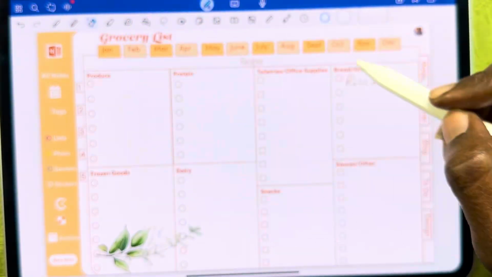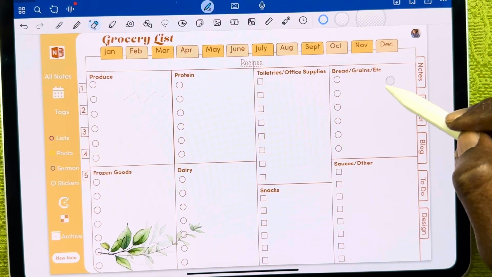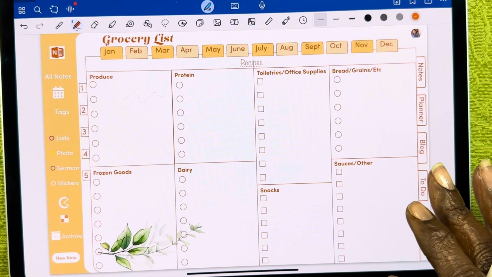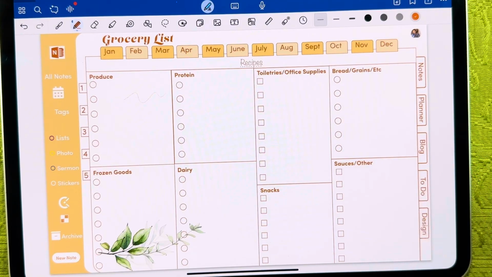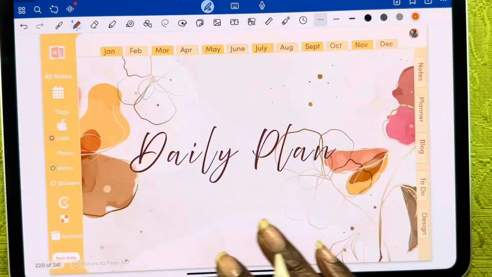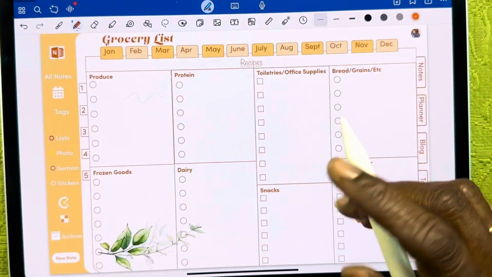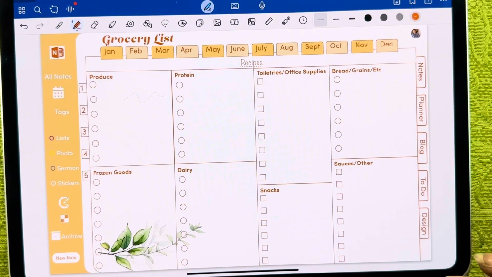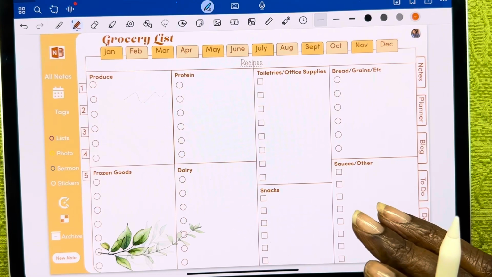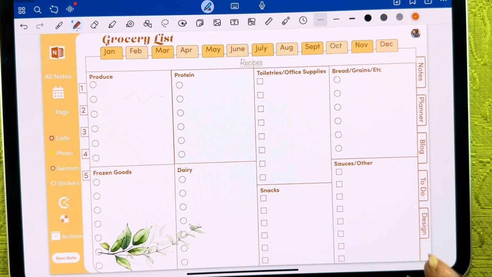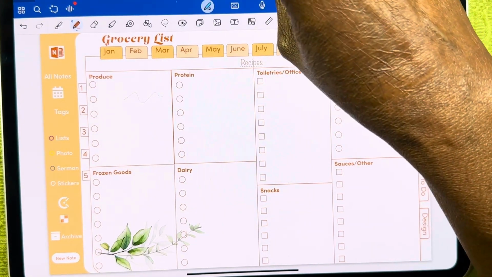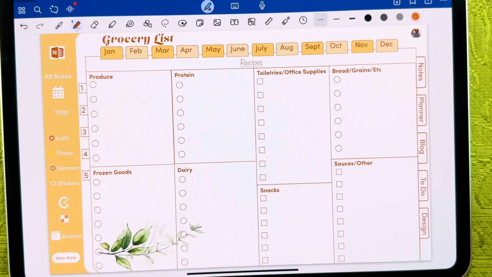So I'm going to go here and erase this. So the grocery list is reusable. And that's what I do. I go in and I delete it, and then I go over to my recipe page, and then I add what staples I need to buy from there or order from the online Whole Foods or Amazon groceries,